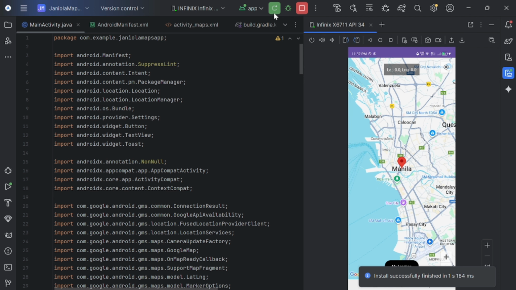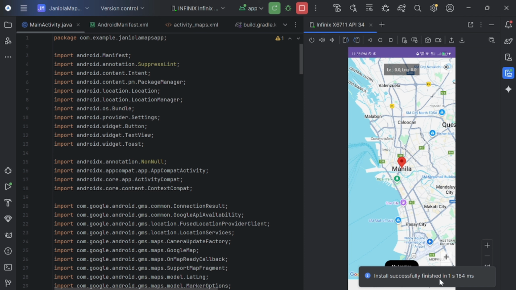When I run my app using a physical device that is connected via USB, the default location is in Manila. Oh, by the way, you can use either a virtual emulator or a physical device when running an app. Now, as I've said, the default location is in Manila.